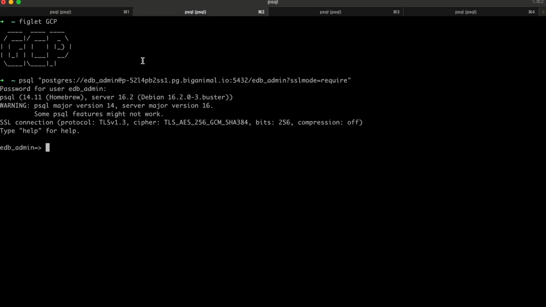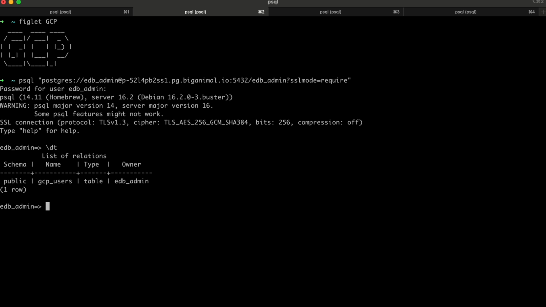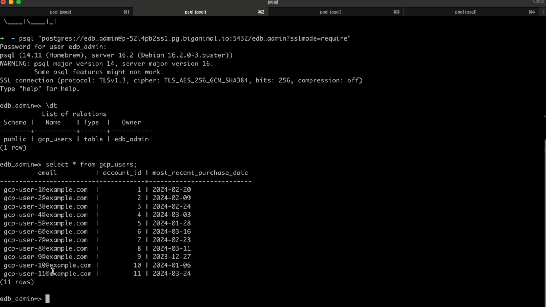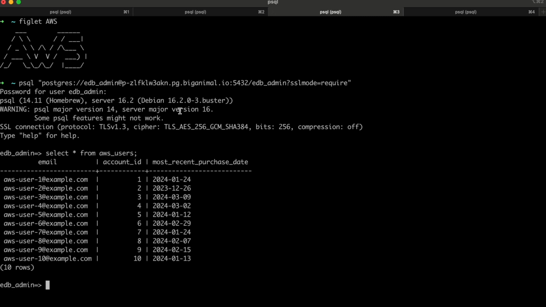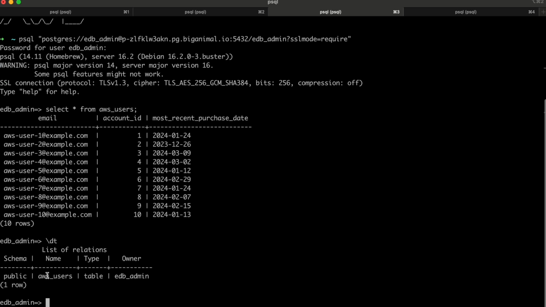Similarly, we can come over to GCP, do the same thing, and select star from GCP users. And here we have 11 users. Lastly, we can look at our AWS cluster, select star from, you guessed it, AWS users, and here we have 10 users. Now, if we look at the tables that are available on our AWS database, we can see that